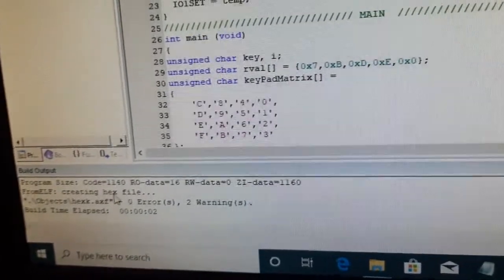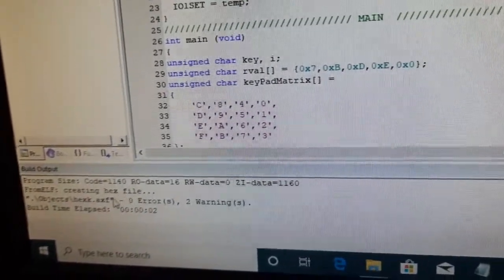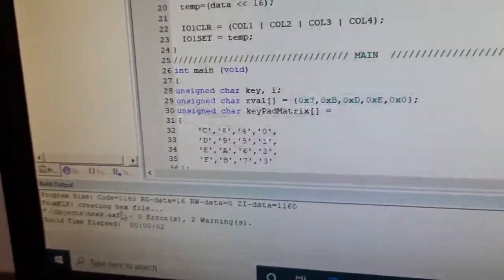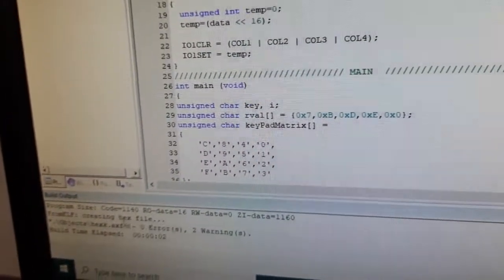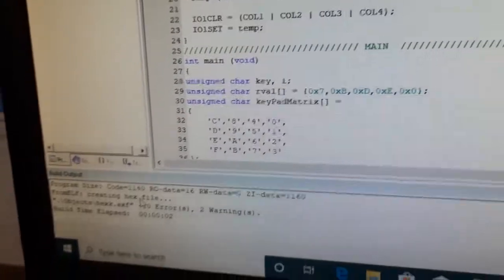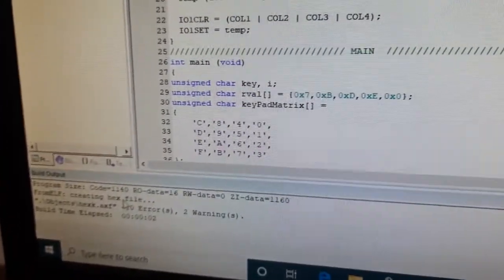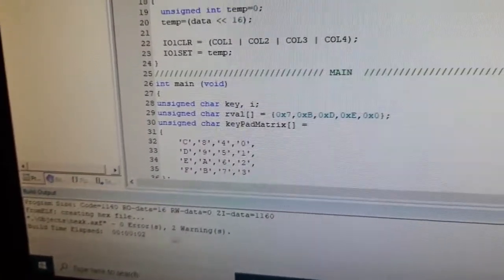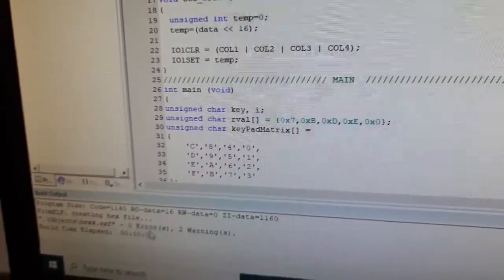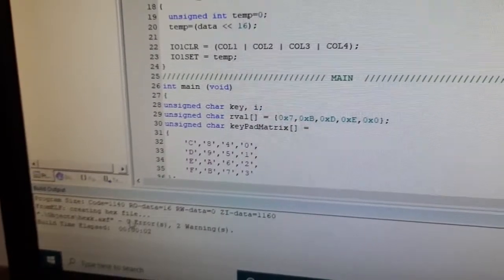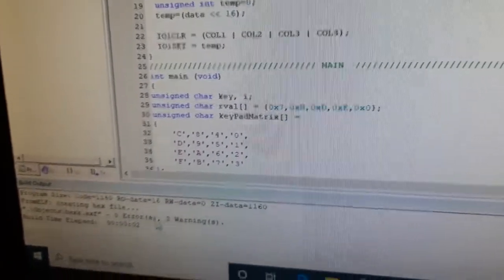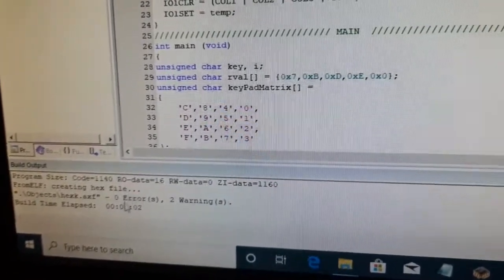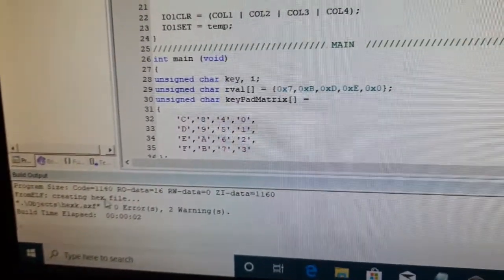So that is the machine level language of your particular code. So we have the hex file here. In order to create it, I told we already clicked create hex file in your target. So now 0 error, 2 warning. If there is any errors, you have to clear that. Don't worry about warnings. Mainly you have to clear errors. So here I don't have any errors. So hex file also created.